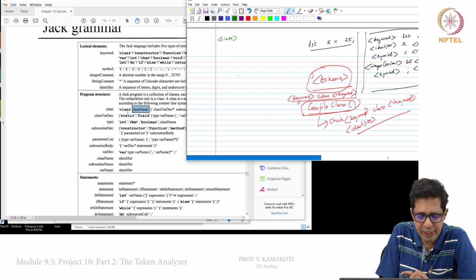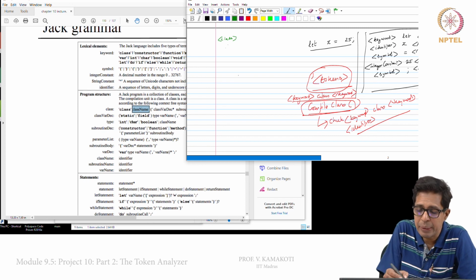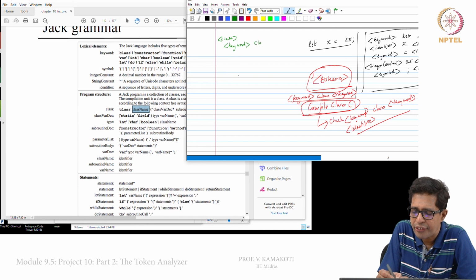It will first see whether the next token is of the type keyword class slash keyword. If it is, immediately output that token with 2 spaces. This is the format in which the project wants you to do it, so we will follow that format. Give 2 spaces, then write keyword class slash keyword.